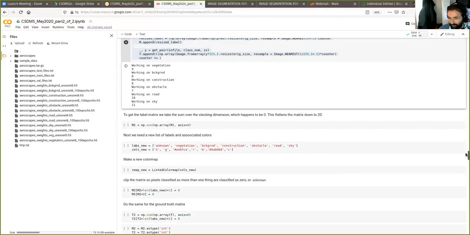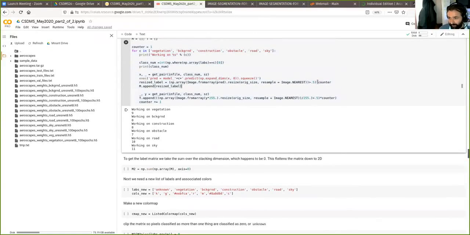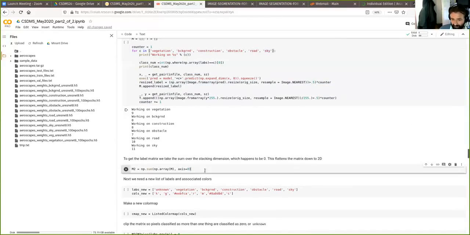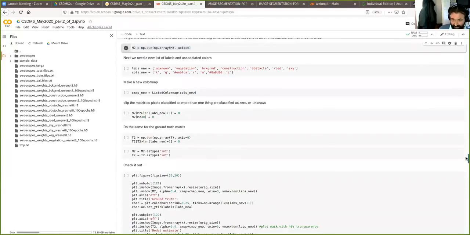But it's going to give them different values because I use this counter up here. So I'm basically cycling through this. I've initialized the counter at 1, and so 1 is now vegetation. Next time it comes back through this loop, the counter is on 2 and that's background, and that gets assigned 2 to those pixels that are background, 3 to construction, 4, 5 to the rest. And so in the end you have this array that's just values between 1 and 6,